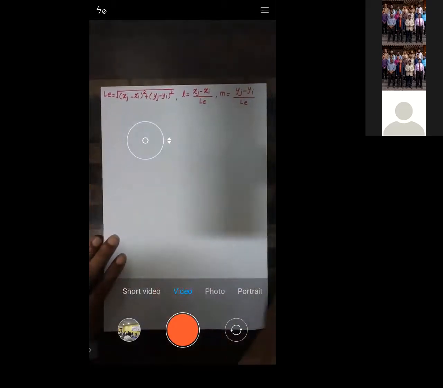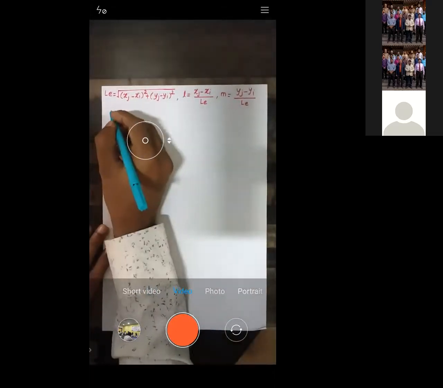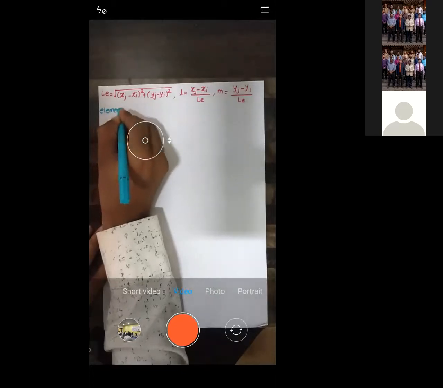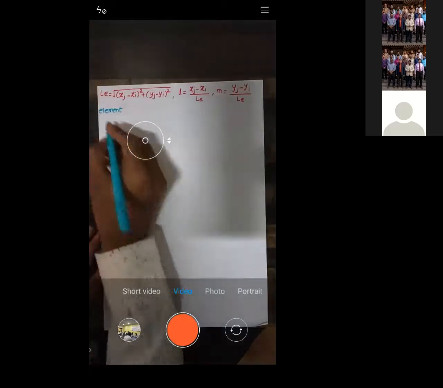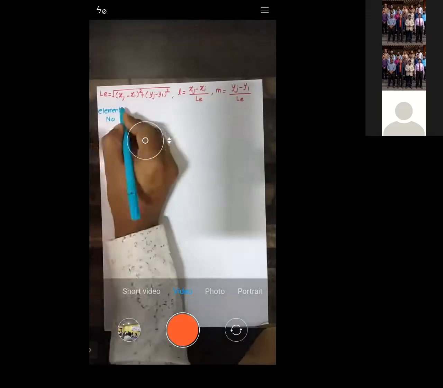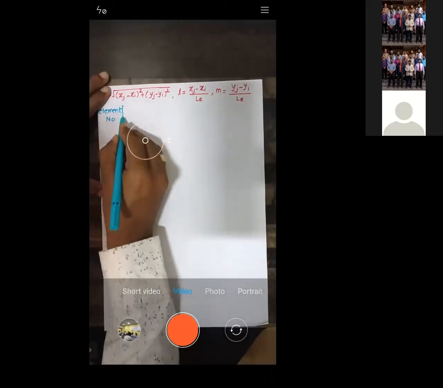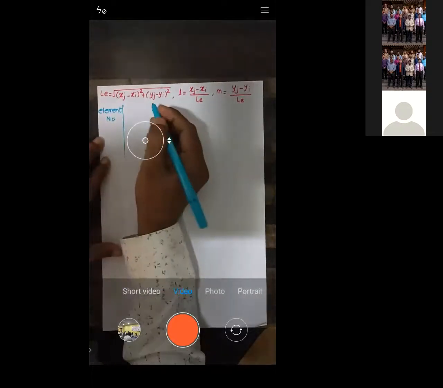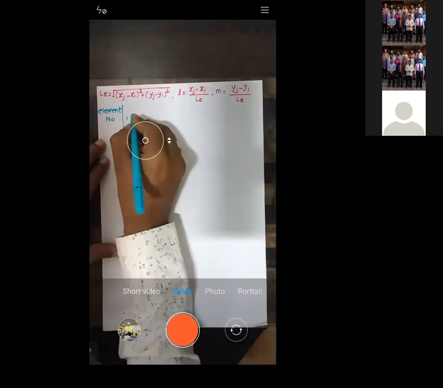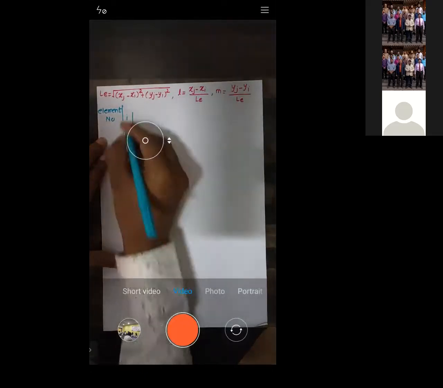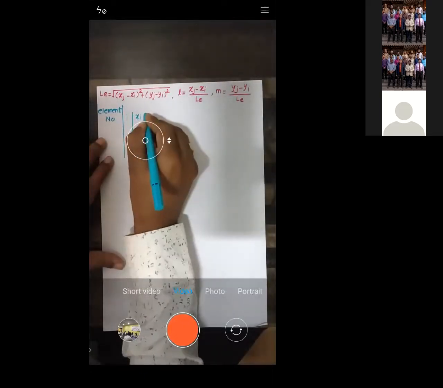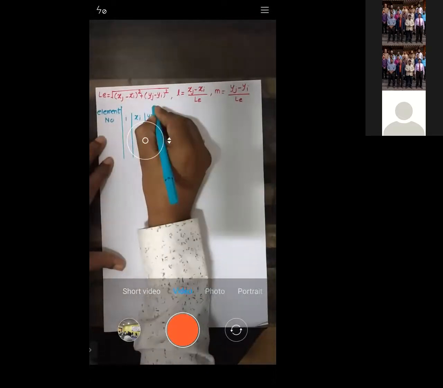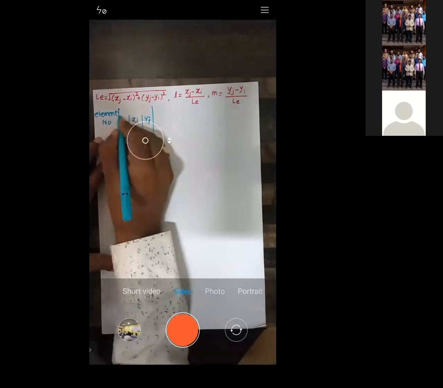Now see, let us start with the table. We are interested to write down the properties for the element, right? So we will have the elements. Element number I will write down. Every element will be between two nodes. For every element there are two nodes, and every node will have x and y coordinates, right? So I'll start writing i. i is a node. Similarly, xi is the x coordinate of the node. yi is the y coordinate of the node.